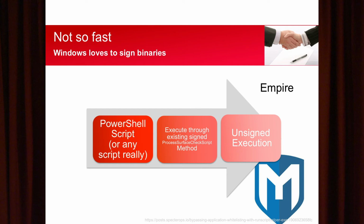Now this kind of branches off the earlier talk of living off the land, which is becoming much more common. By doing that, you can get unsigned execution by just manipulating the built-in binaries that are on your system. So this happens to be a Windows example. There's plenty of other examples out there, but